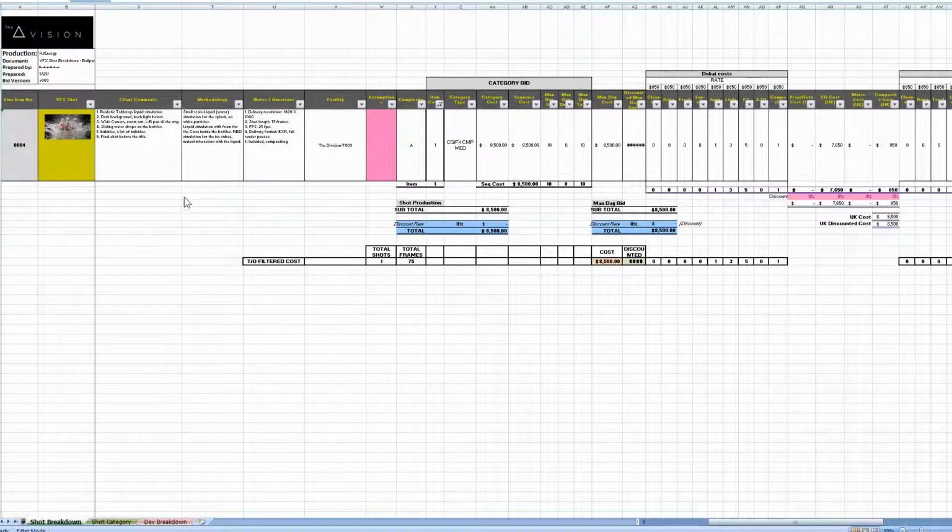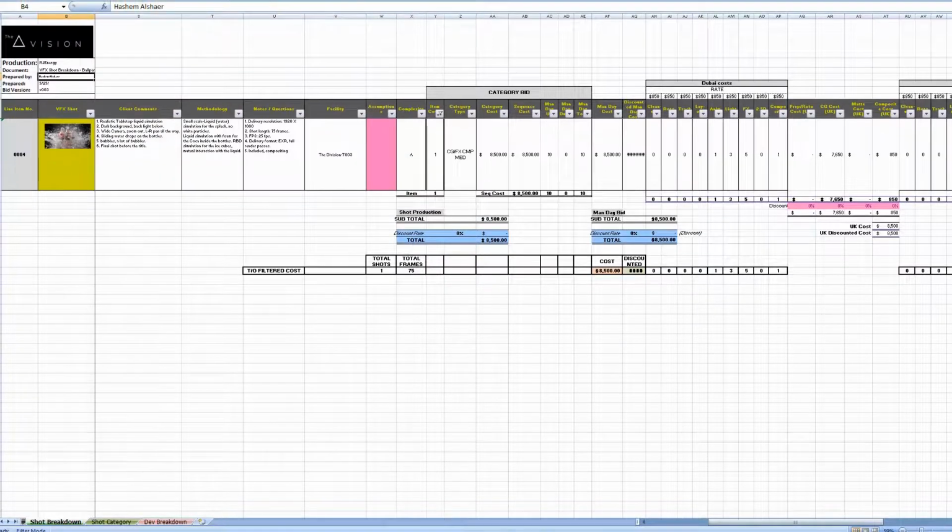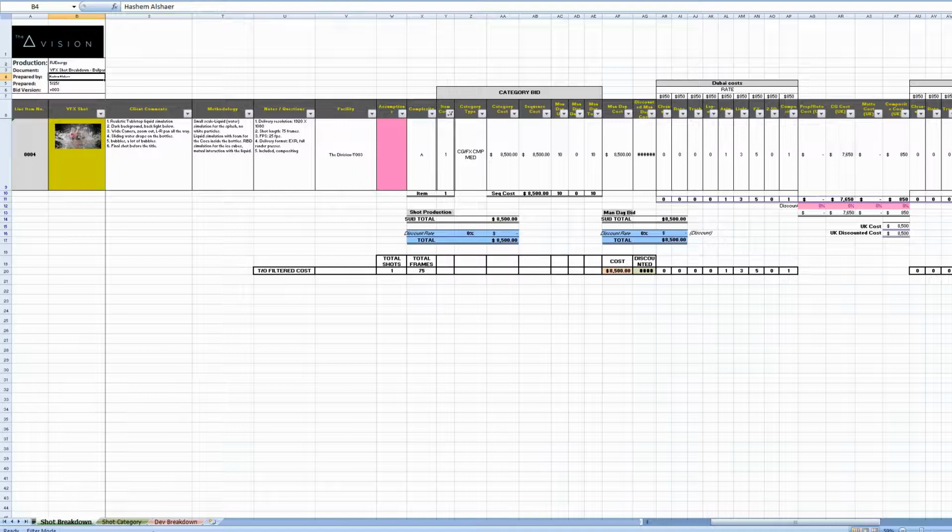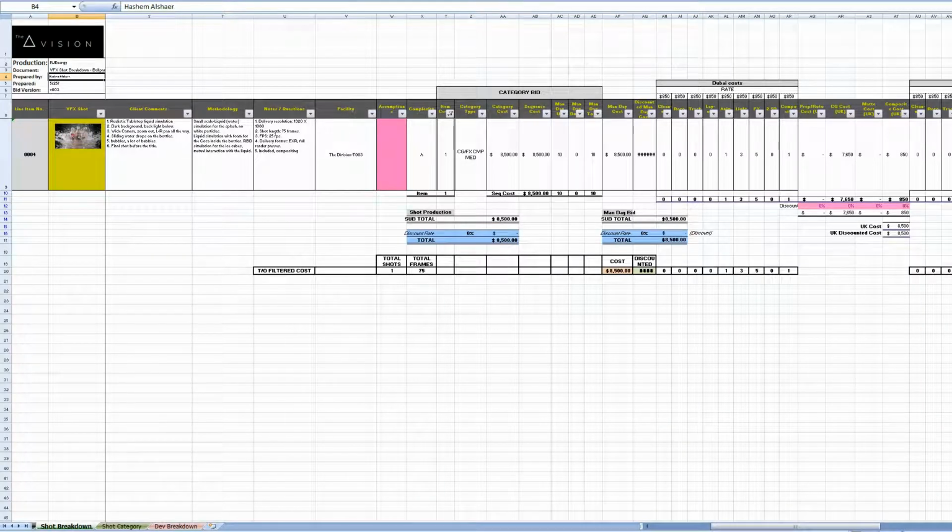So this document is the bidding document, and in it there is some information inserted in a mathematical way, which can calculate everything automatically. I will just fit it so you see everything. As you can see here, we have the shot, and we have more information about the client's comments. As an example, it's tabletop liquid simulation and bubbles, all these questionnaires and some answers from the client about the